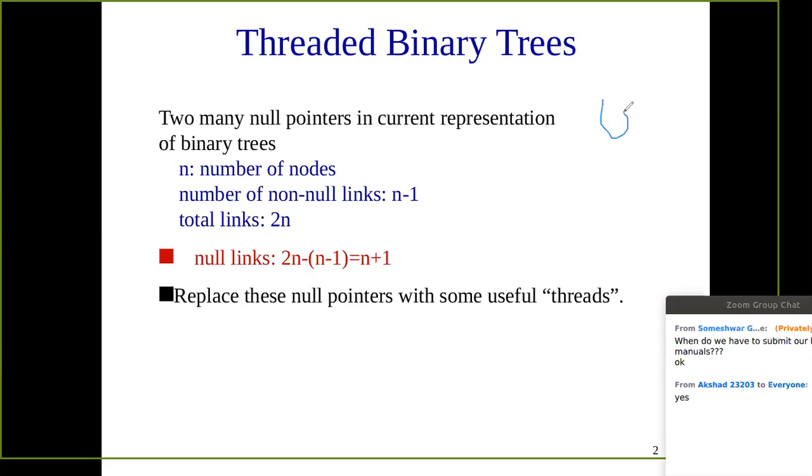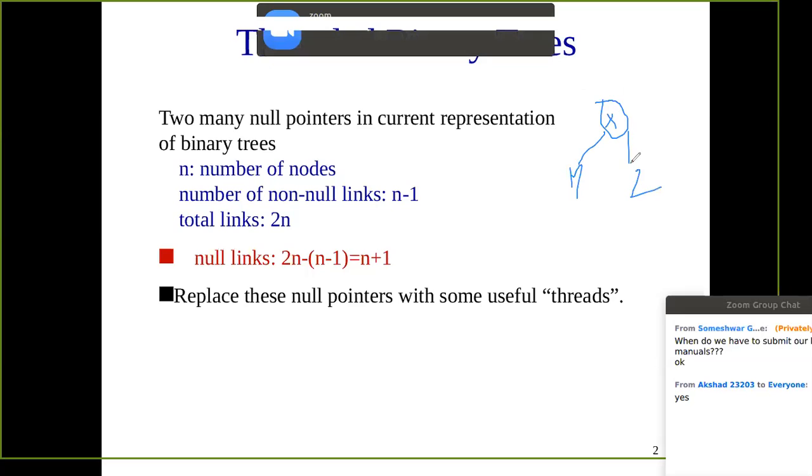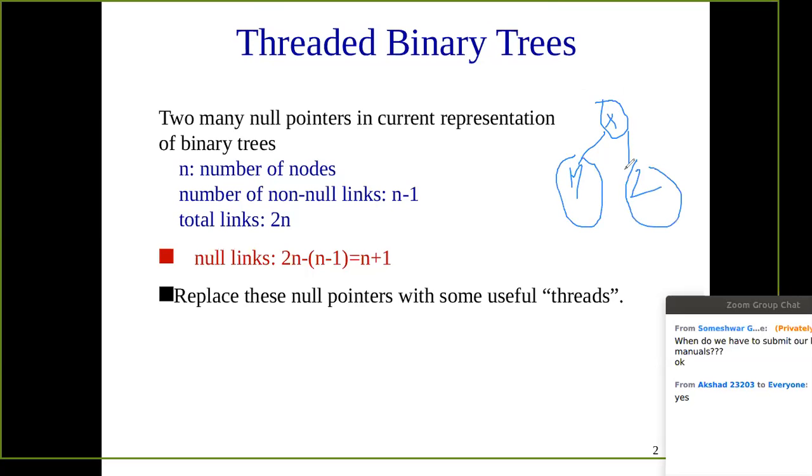Suppose this is the binary tree, simple binary tree. So this is the first node, that is the root node. Call it something like that, the x. Then we are having some node here. Suppose y, for example, this is y, and here we are having z. So if we consider these three nodes, okay. So in these three nodes, n, that is the number of nodes, is equal to 3.